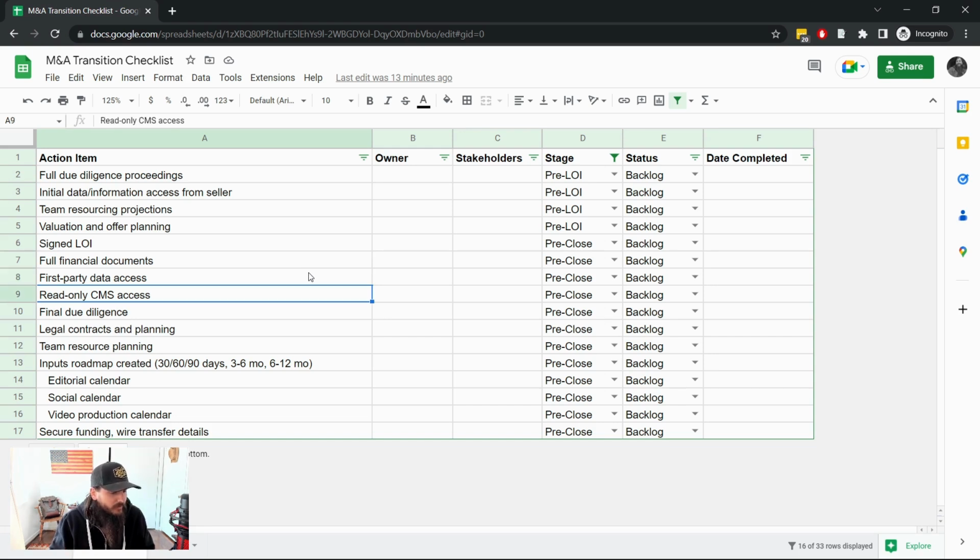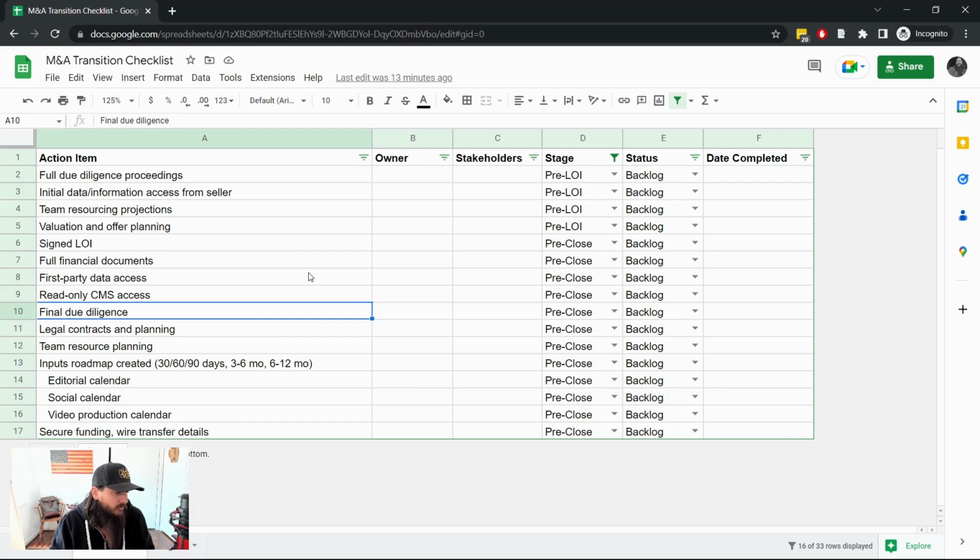Now, in some cases, that may not be possible because there could be certain privacy concerns or just communication concerns with the amount of people who know about the potential acquisition on the acquiring business or the acquired business. So obviously, like I said earlier, every single situation is different,